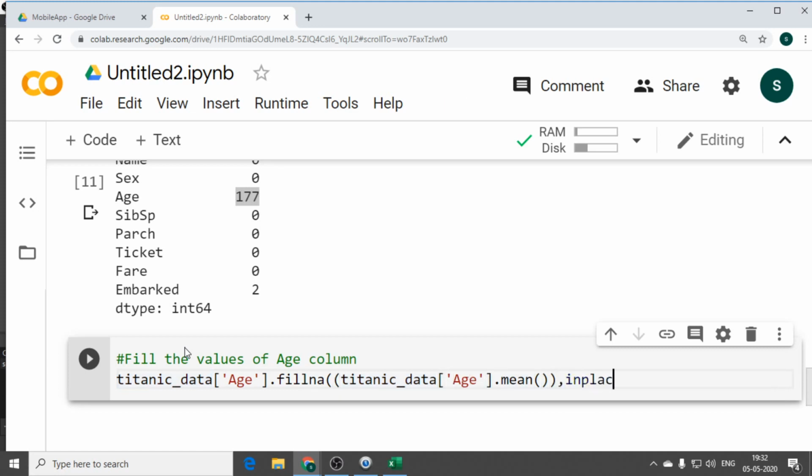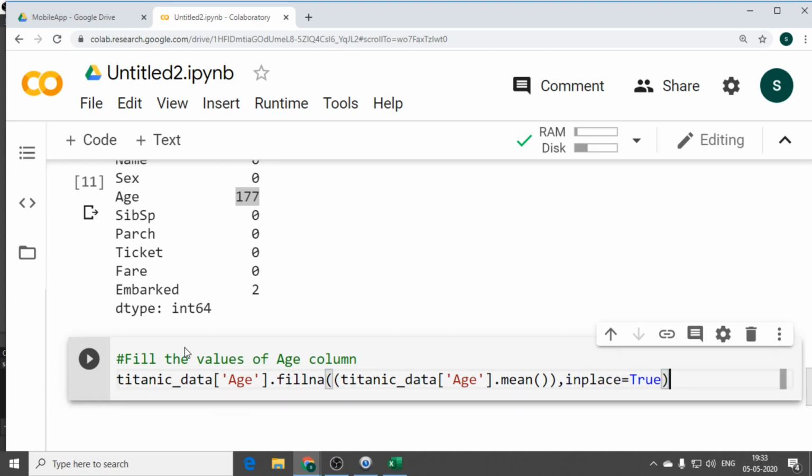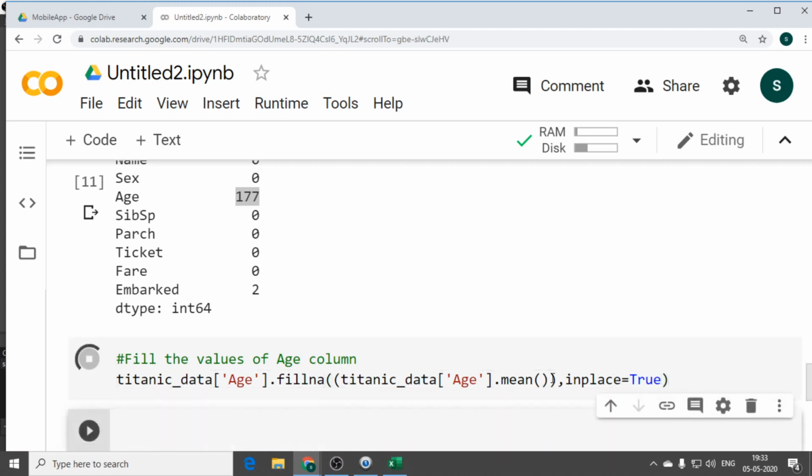And you should apply it to the data set, right? So you need to give inplace=True. That means it will be applied on the original data set. So that's how we are able to fill the null values with the help of mean. Mean in the sense average.